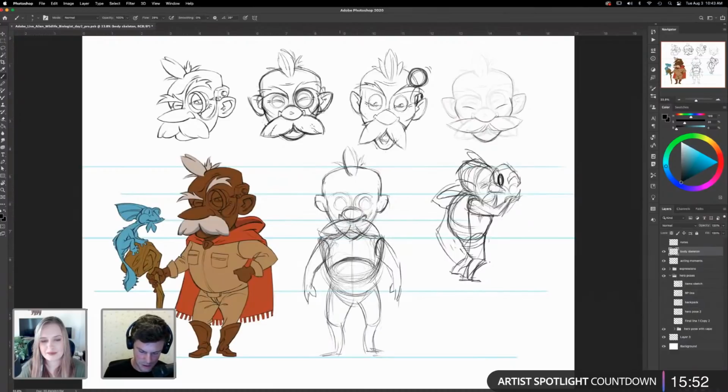So kind of just got the shoulders. Let's see. Make sure this mustache is nice and prominent. Unicorn in chat says this is such a cute character. Thank you. See, that's good.